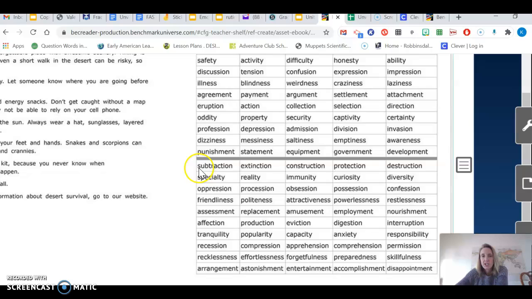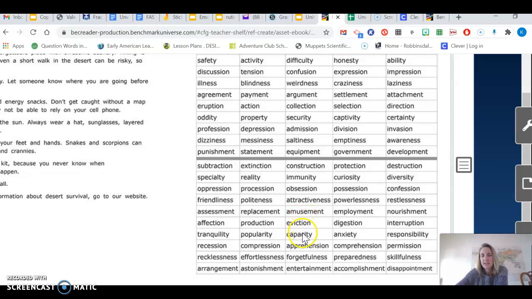We have subtraction, specialty, oppression, friendliness, assessment, affection, tranquility, recession, recklessness, arrangement, extinction, reality, procession, politeness, replacement, production, popularity, compression, effortlessness, astonishment, construction, immunity, obsession,